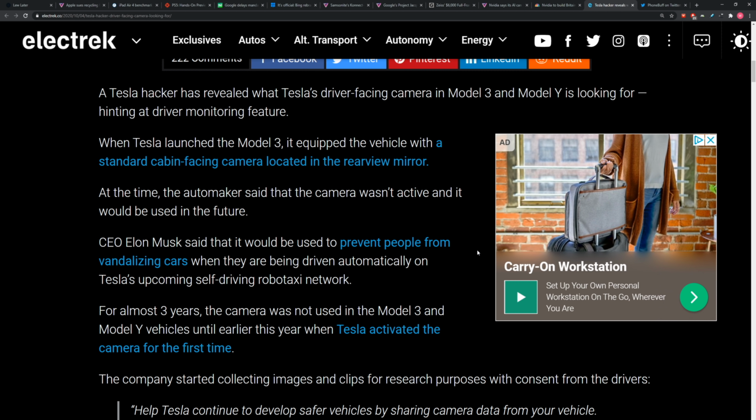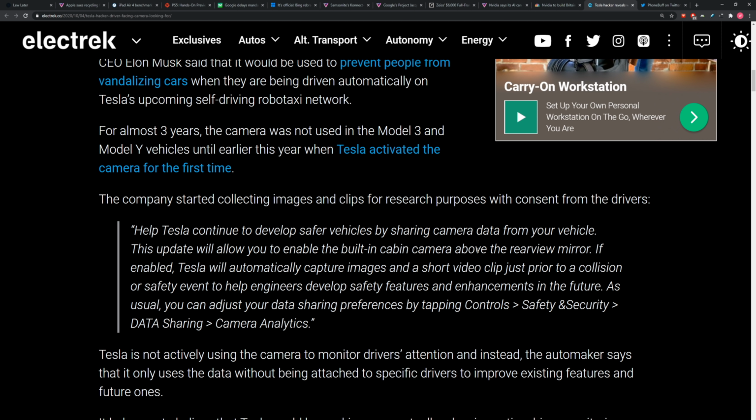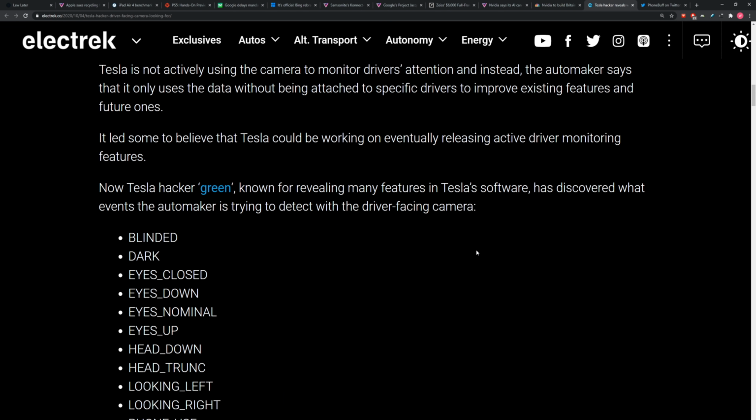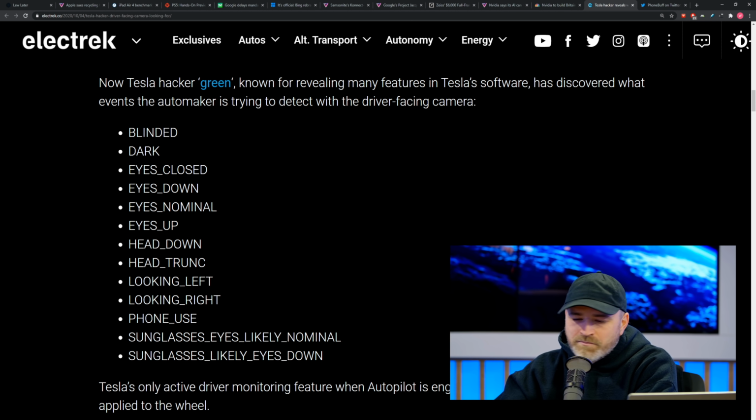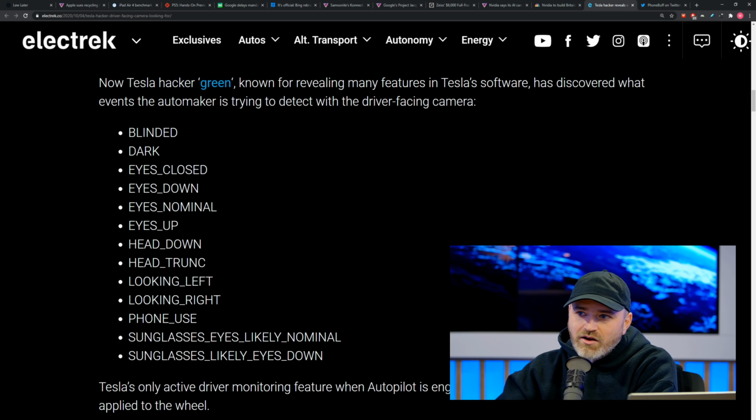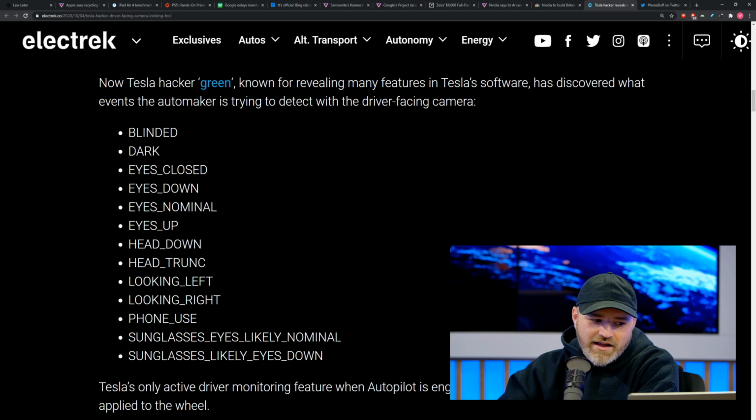And I suppose these events would be sent back to them for their various learning processes and potentially their future products and potentially their full self-driving, maximum autonomy. They might need to know this stuff. I don't know. But here are the different statuses of a driver based on the car's interpretation of that driver. Blinded, dark, eyes closed, eyes down, eyes nominal, eyes up, head down, head